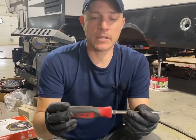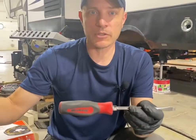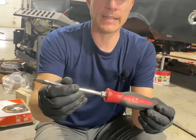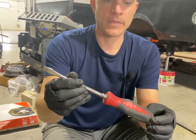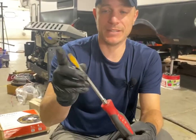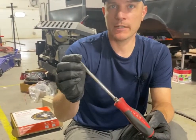So we're going to use this, okay? You don't need to go long on a screwdriver, but this is a 5/16 blade tip for a flat screwdriver. I wouldn't go any shorter than this. I'm not sure, I don't have a tape measure to tell you, but a little more leverage is better because